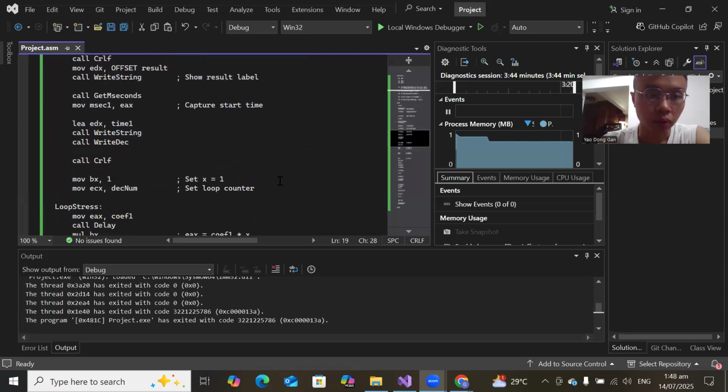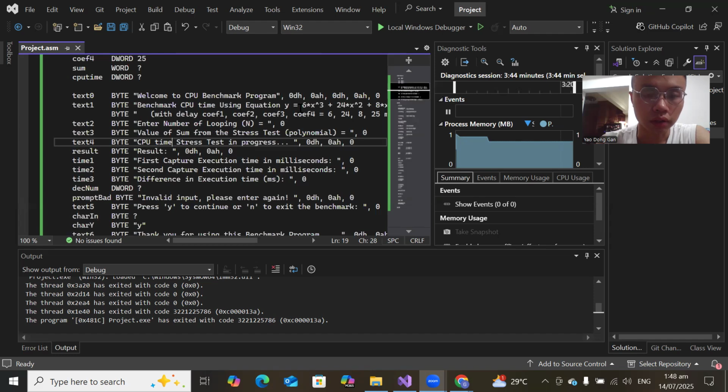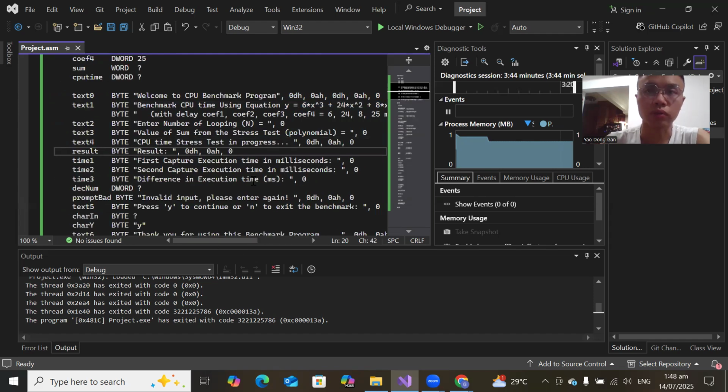So here you have a code, and what this code does, it takes an equation, right, and then converts it to register operations. And first, the program will prompt you to enter how many loops you want, and the program will loop through the register operations repeatedly, and give you